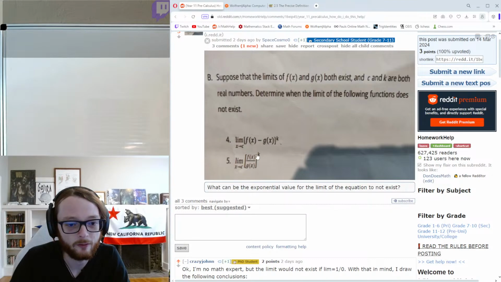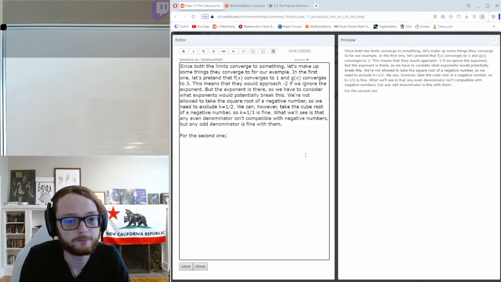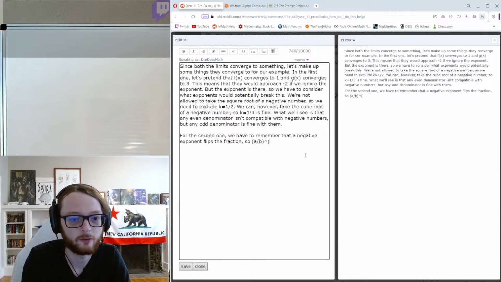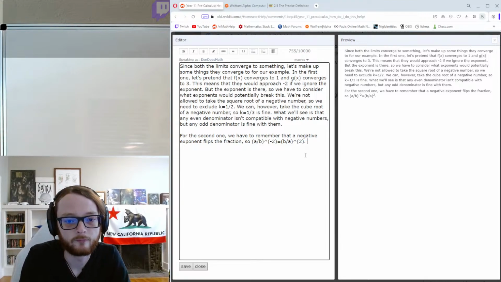For the second one, let's explain how the sign of k will flip this fraction. We have to remember that a negative exponent flips the fraction. So a over b to the -1 equals b over a to the 1, and a over b to the -2 equals b over a to the 2. Let's,